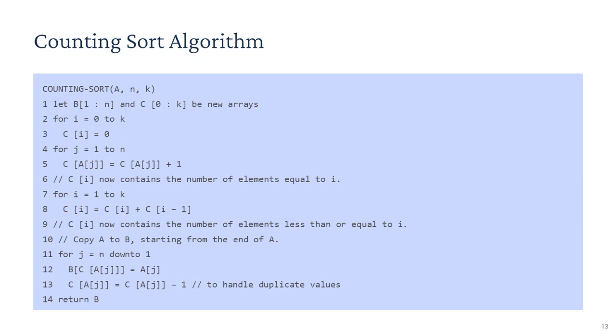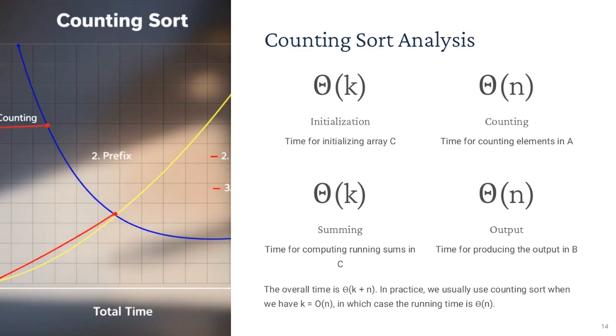Radix sort achieves a runtime of Θ(d(n + k)), where d is the number of digits and k is the range of each digit. When d is constant and k is proportional to n, radix sort operates in linear time, making it a powerful tool for specific scenarios. Bucket sort offers another approach to achieving linear time sorting, particularly when the input is uniformly